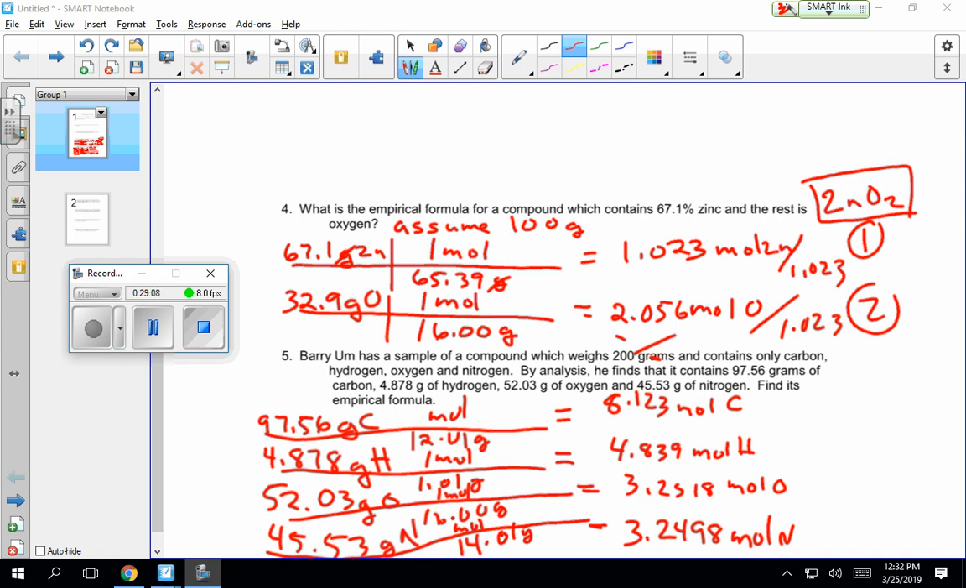Now we divide everything by the smallest number. Which is what? Which is oxygen. One of these two. They're both about the same. So 3.2498. Divide this by 3.2498. Divide this by 3.2498. And